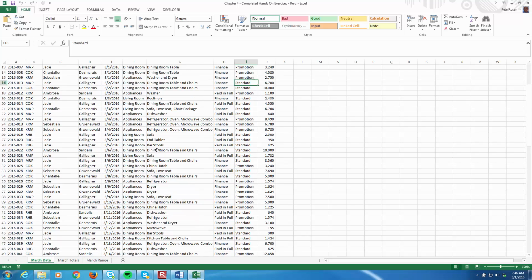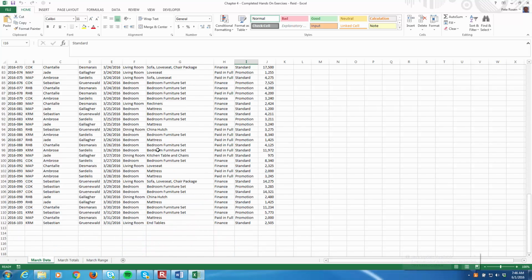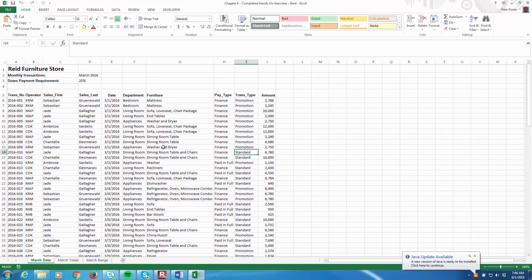So this is more typical of what we would see with actual data sets where they're a little bit large. Now 107 records isn't large, but it's the largest one that we've dealt with so far. So the first thing we want to talk about is freezing rows and columns. And if we were to look through, we could, and this is going to be in the View section,